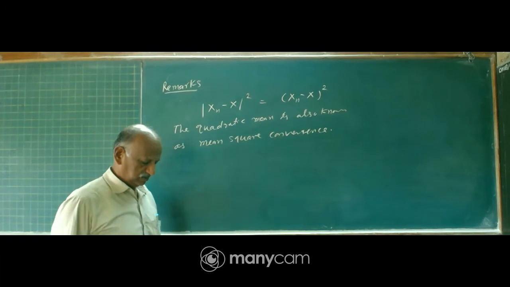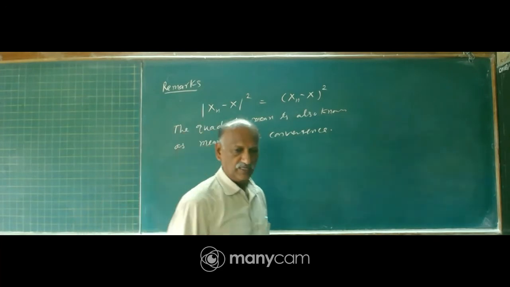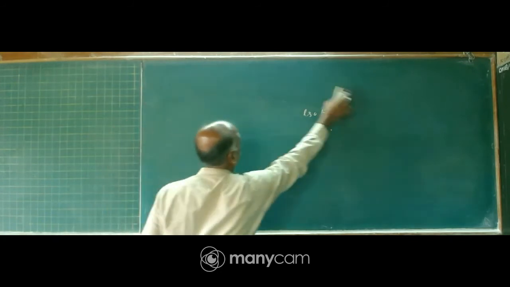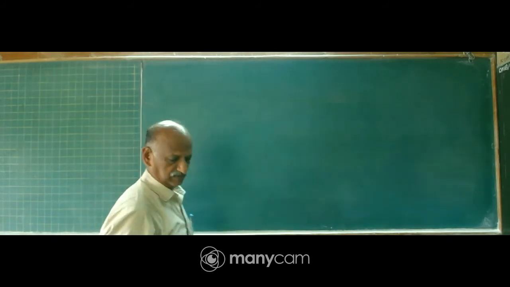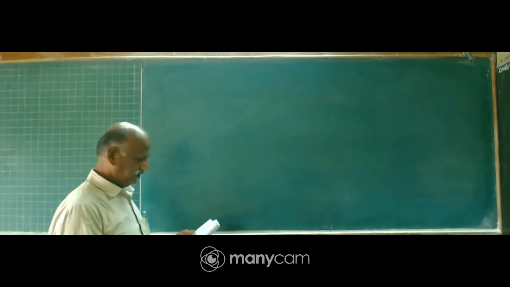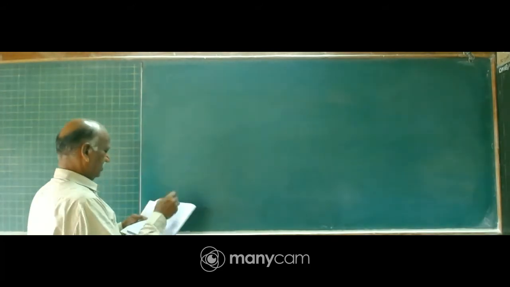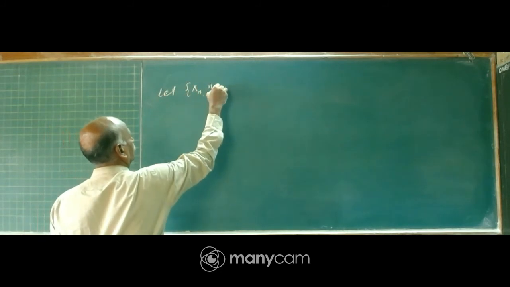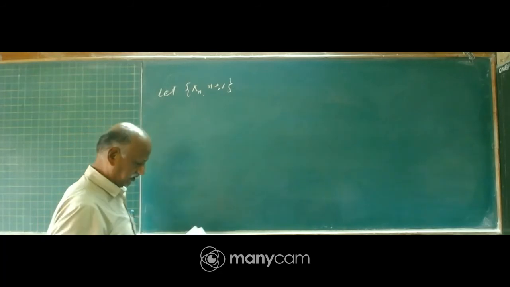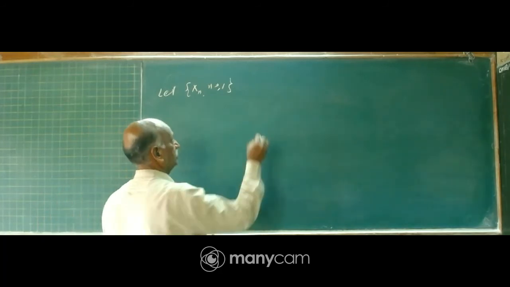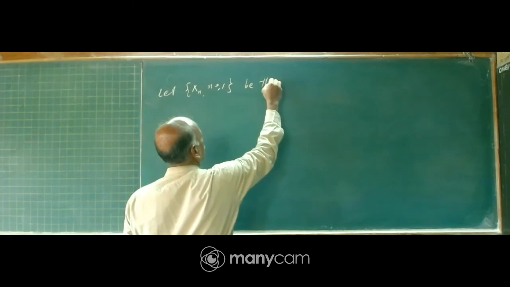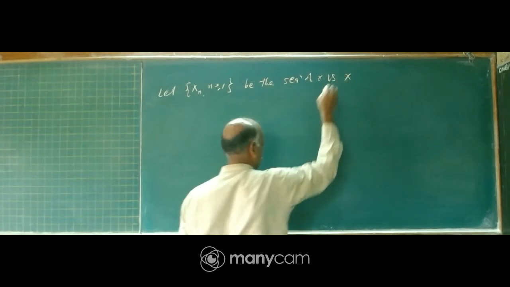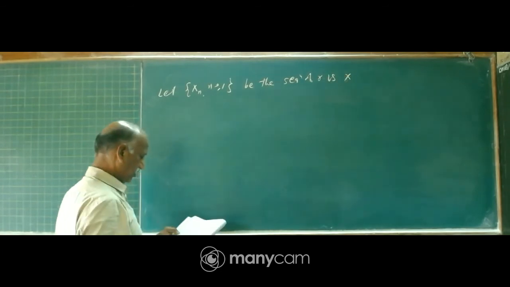This is also known as mean square convergence. Now let us study a few examples on this convergence in mean. One such example is: let Xn, n greater than or equal to 1, be a sequence of random variables X such that